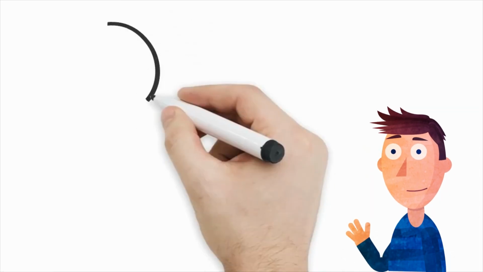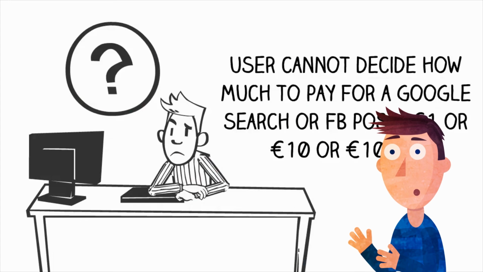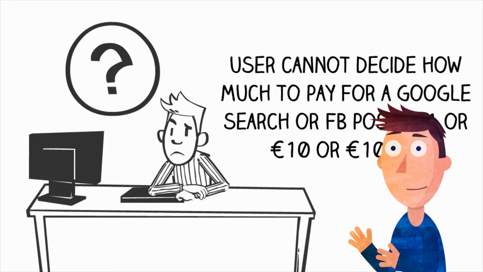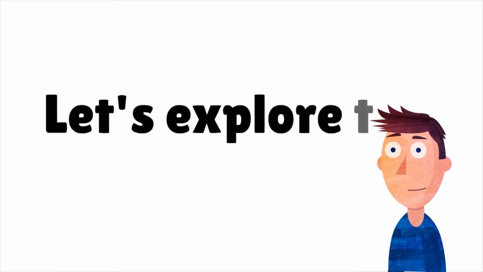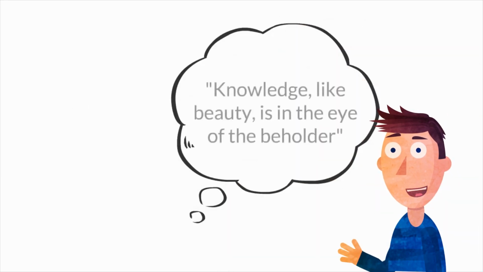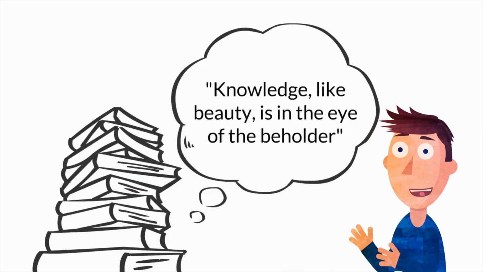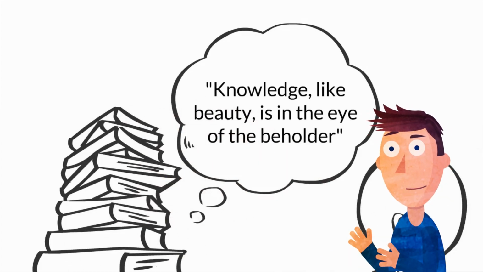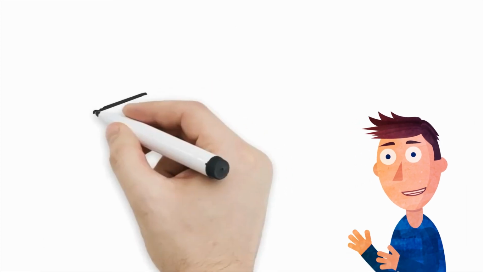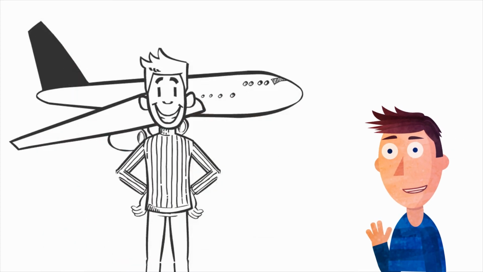Summary. Why? Whiteboard animation Because it is films are simply just animated impossible films to determine created the in front market of the price viewer. of one search Nowadays, or this form one of post. communication is used Let's widely explore by this in more companies and detail. organizations. Knowledge, like Its beauty, popularity is in the results eye from a of the friendly beholder, and simple which form means as that well the as its value great of influence knowledge on the can viewer's only be ability to determined remember the in light message of the conveyed. context in which it is to Although be used. whiteboard animation For still instance, didn't make it to the Super learning Bowl to fly ads, a using plane them can could suit my sometimes be leisurely very interests. beneficial. The value